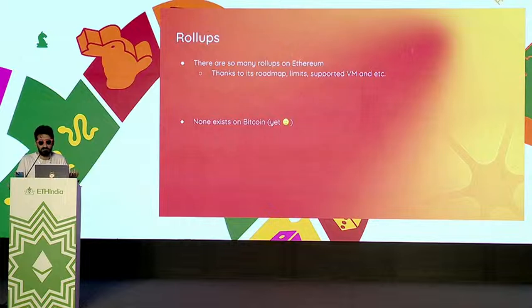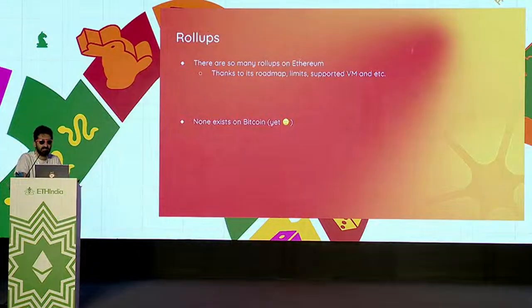And no rollups exist on Bitcoin. There are some chains that utilize Bitcoin in one way or another, but there is no chain today in the world that uses Bitcoin as a data availability layer, that uses Bitcoin as a source of truth. We get sidechains. Sidechains are just your regular chains that work, and they post little data like hashes to Bitcoin. But let's say one day something bad happened, and then